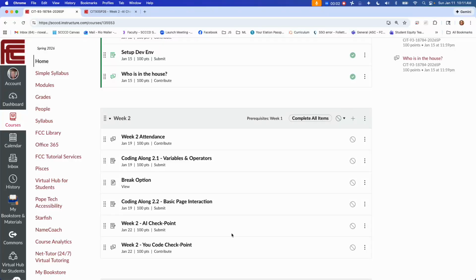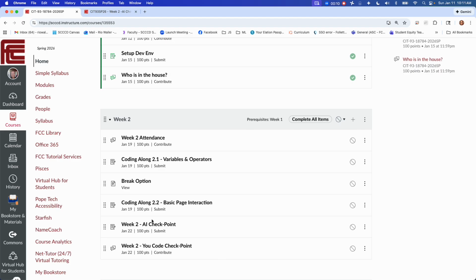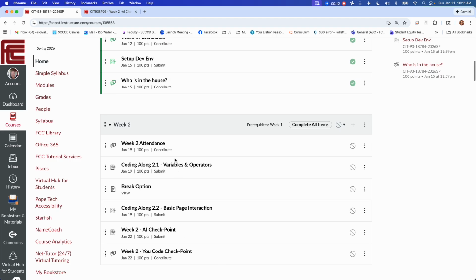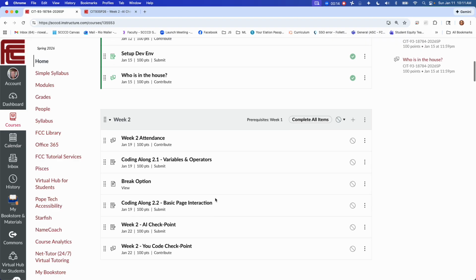Okay, so after you finish your first two code alongs and for the normal next due date for the week, you'll have two items for checkpoints. So what we're doing here is we're saying, okay, now that you've been exposed to some JavaScript through variables, operators,